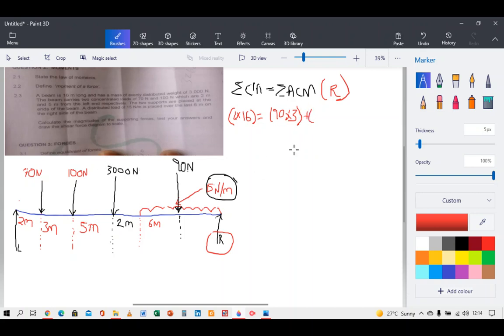Then we say plus. This one is our second one, which is 3000 multiplied by the distance from this point to the R support, which is 8. You will get the point. It's 6 plus this 2, which is 8, right? Multiplied by